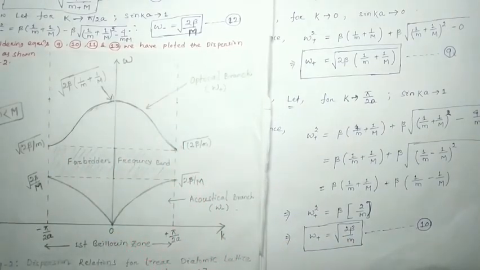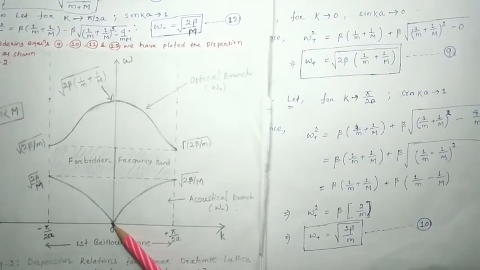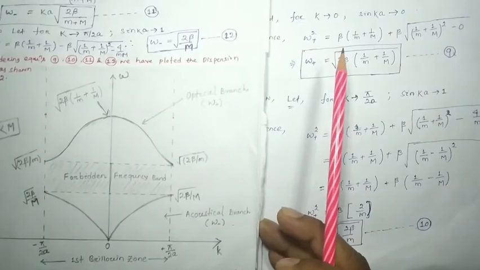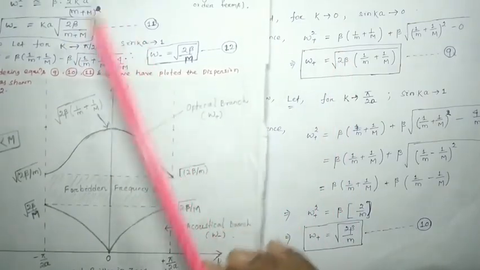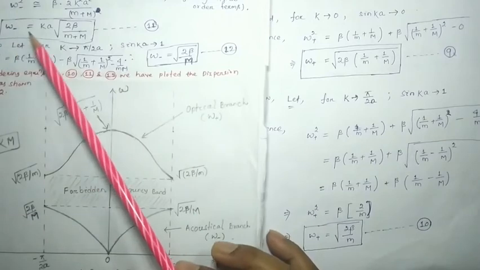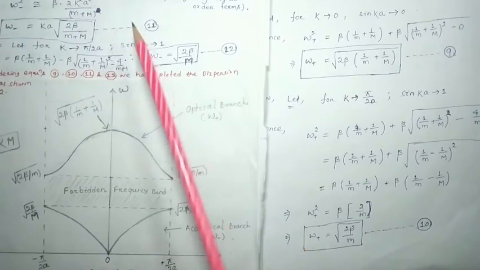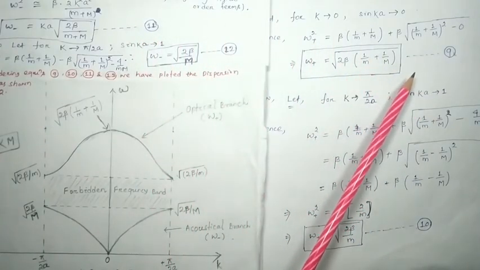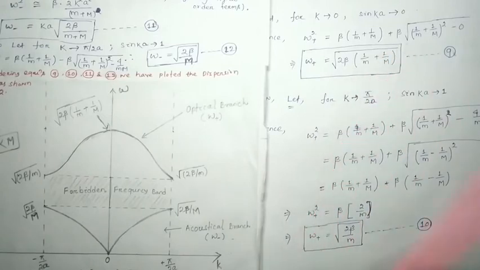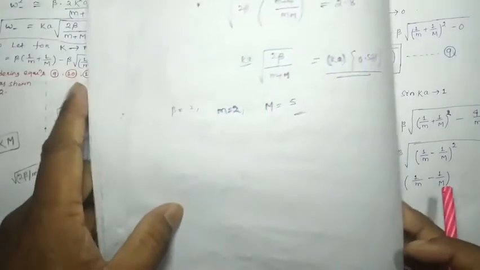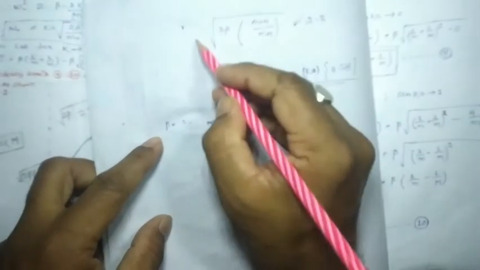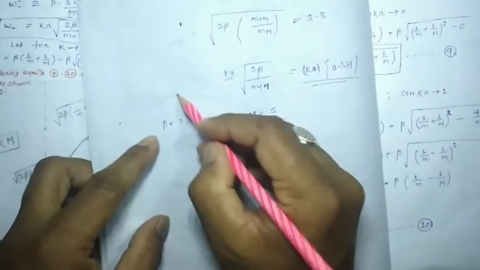Now you consider at k tends to 0, we found omega plus is this value, equation number 9, right? And omega minus at k tends to 0, this value we got, this is equation number 11. Now you consider equation number 11 and equation number 9, which one is the larger? This one is the larger. See, I am going to give you one simple example, that here 2 beta times m plus capital M by mM, root over, this belongs to omega plus and this belongs to your omega minus, right?